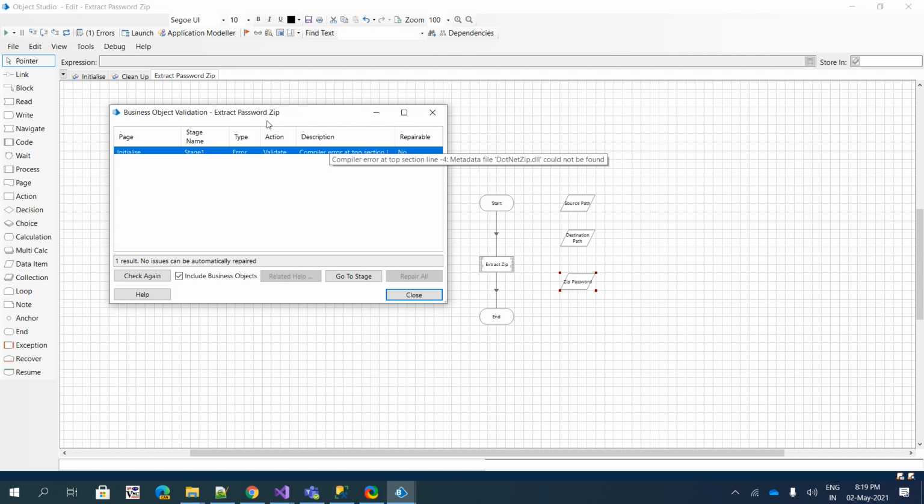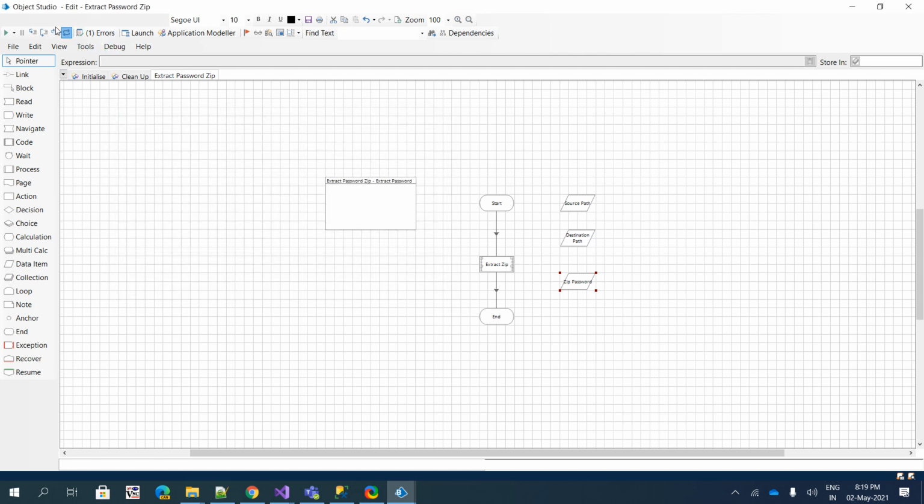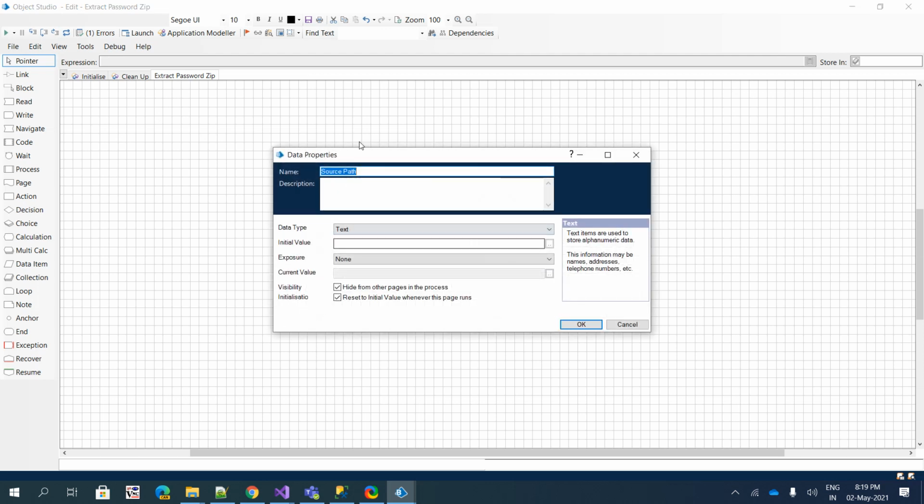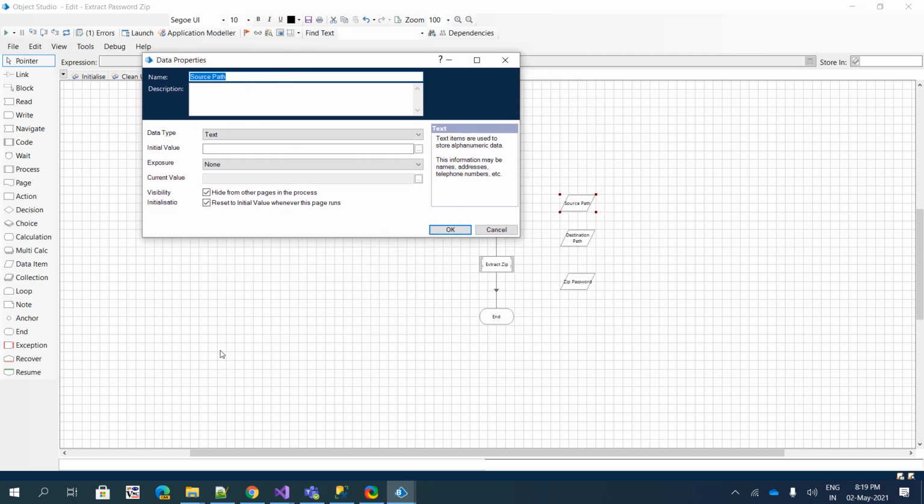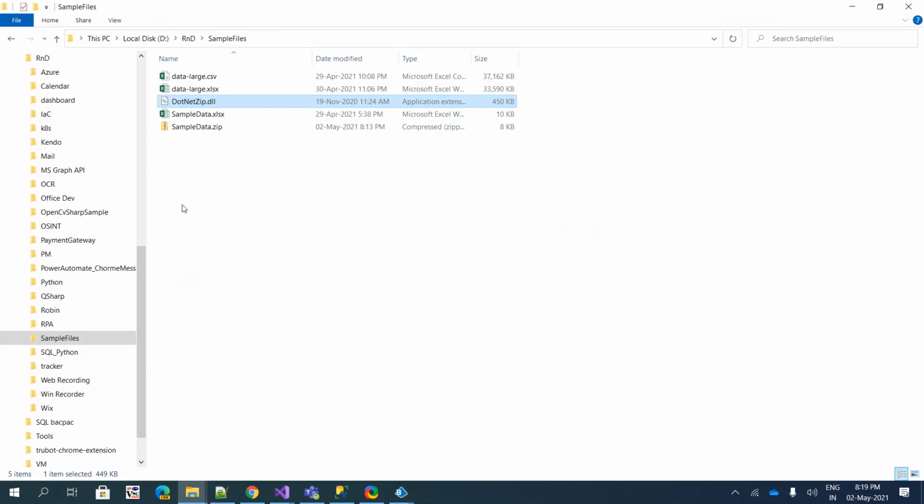Yeah, it is showing metadata file .NETZip.dll is not found. Okay, we know the reason why it is not found, because it is not part of the .NET framework. We know what to do. We'll do it in a minute. Before that,